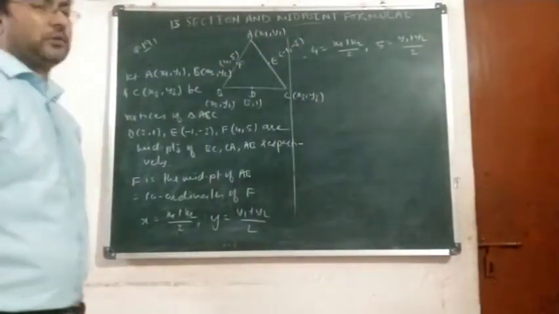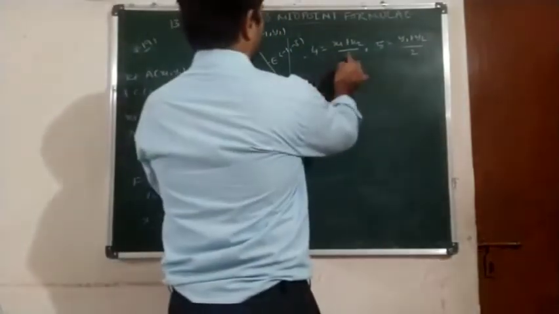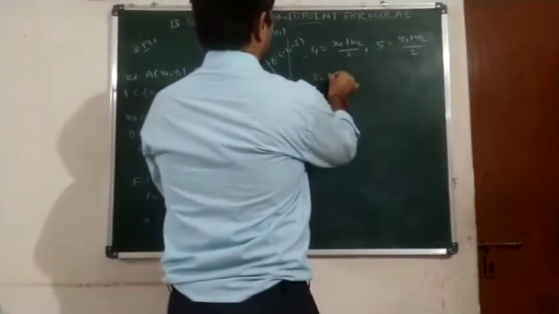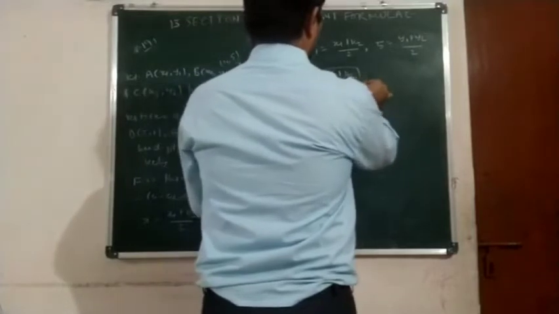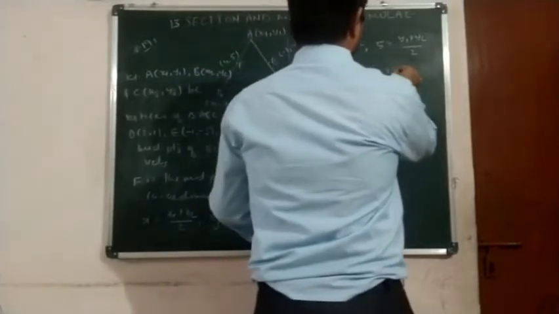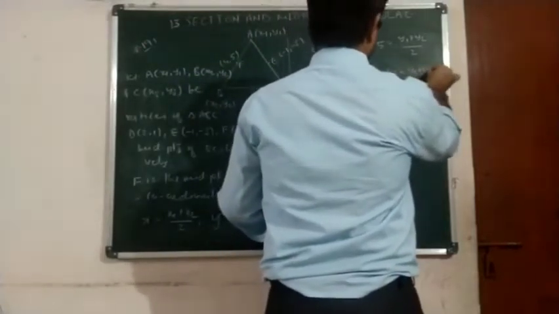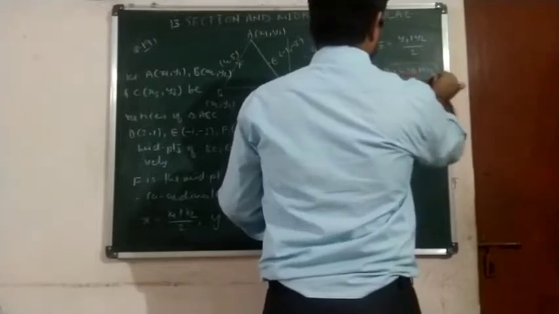Okay, so we will simplify. 4 twos are 8, which is equal to x1 plus x2, number 1, and 10 is equal to y1 plus y2,